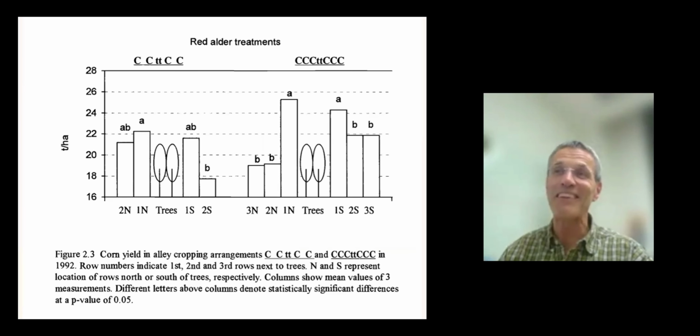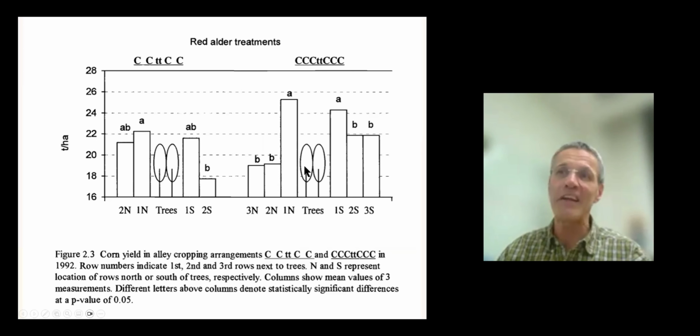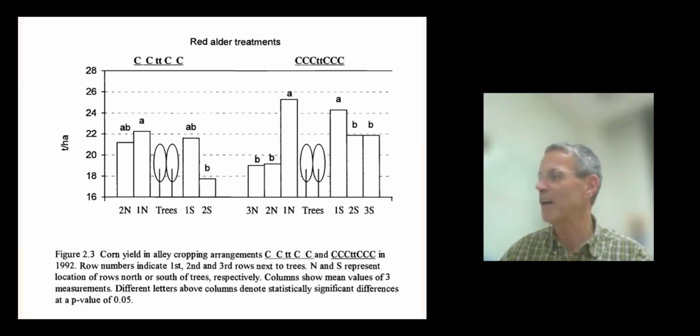And that allowed, and maybe it got also from the other research I just showed, the corn row right next to the trees also received the most benefit in terms of nitrogen from these nitrogen fixing trees underground, because of the extra nitrogen benefit from underground sloughing off of the root material. And I showed that in my N15 study. But I think the biggest effect was from the additional light that came in here to these rows compared to the next row and the next row down in the alley. So that was a kind of unexpected result.